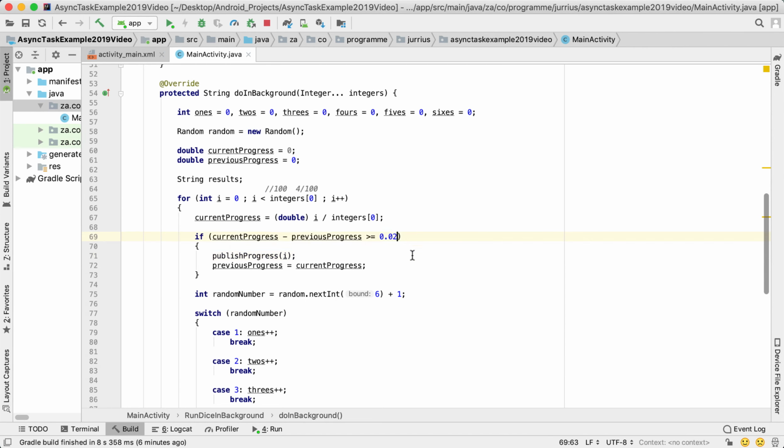So maybe then if it gets too high, you can do it every 5% update. So this is really up to you. Obviously, the less times you update it, the faster your application will run. Okay, so let's set or publish the progress then every 2%,